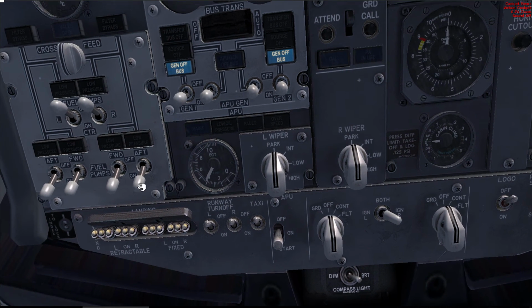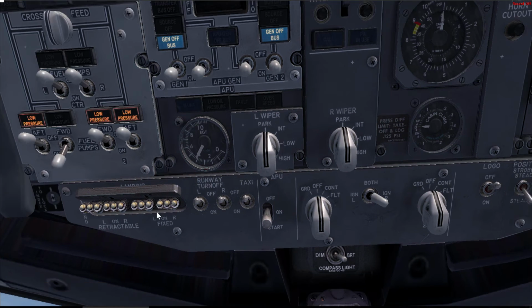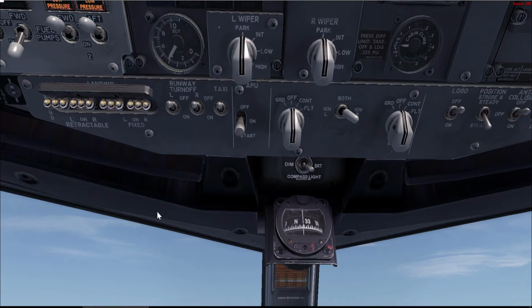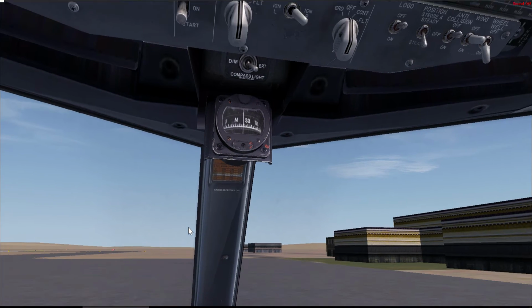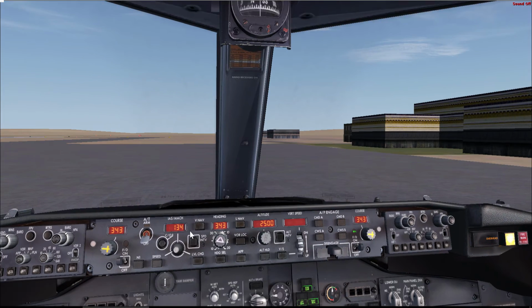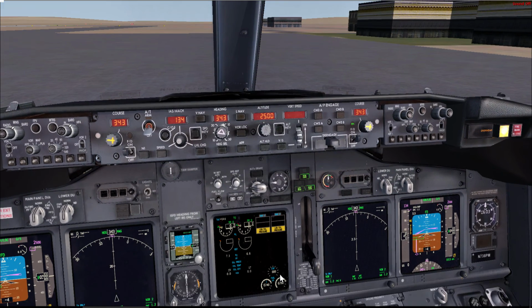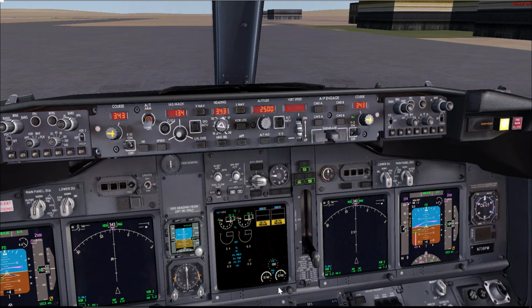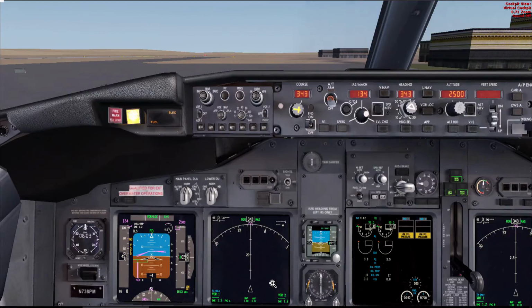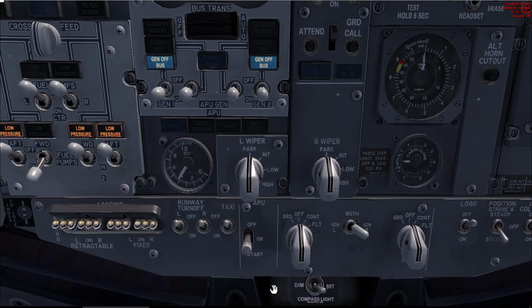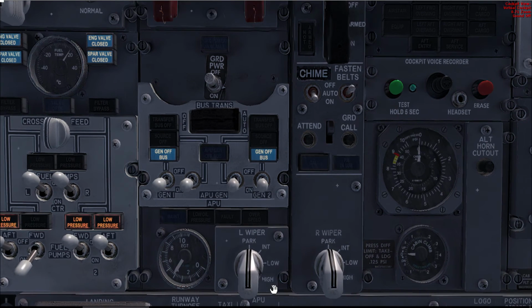Now fuel pumps, you leave one on for the APU generator. So, you look at the fuel gauges. If you have any more than 1000 in the center tank, you can switch one of the center tank fuel pumps on. If the fuel in the right side is more than the left side, go ahead and open the cross feed and switch one on the right side on. Otherwise, any pump on the left side will do. Okay, so fuel pumps off,